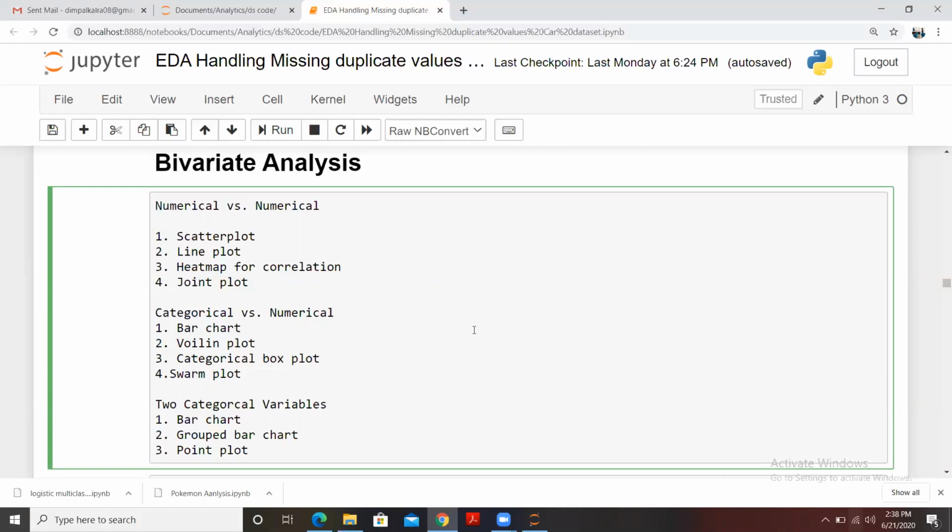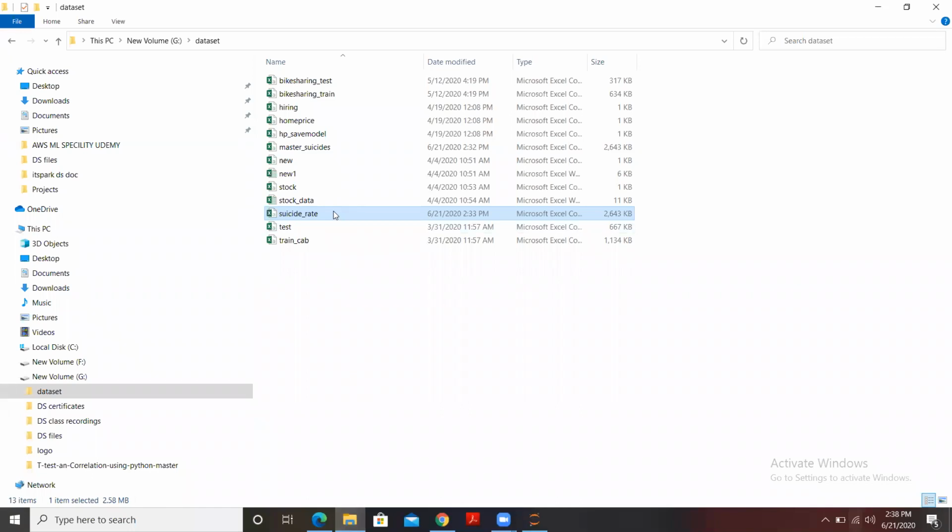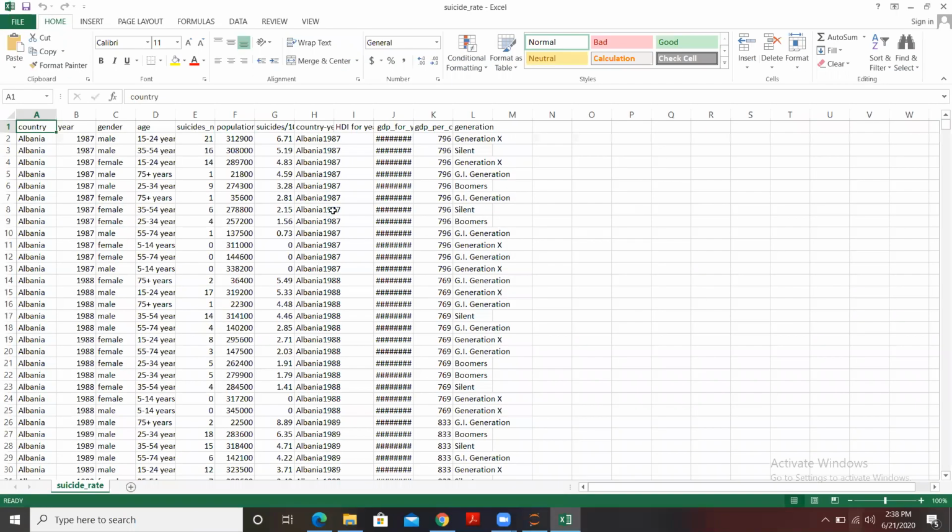So to do the bivariate analysis, I'm going to use a data set which is suicide rate. So this would be the data set, and we are going to do the exploratory data analysis. Our purpose is to do exploratory data analysis, not inferential or prediction. We are not using that. So this is just information. We have country, year, gender, age, the categories of the age, suicide rate, population, and n number of variables we do have. So we are going to explore this data set.